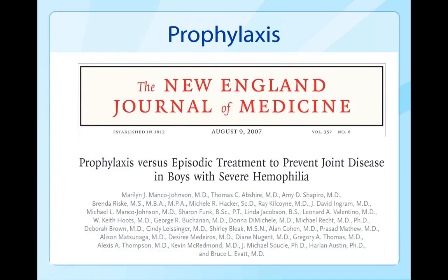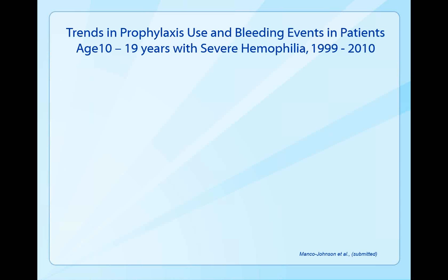In August of 2007, there was a landmark study result reported in the New England Journal that showed, once and for all, that prophylaxis, in other words, treating people with factor concentrate before having a bleed and trying to prevent all bleeding, was actually shown to prevent joint disease in young boys with severe hemophilia. So what we were able to do was using information from the